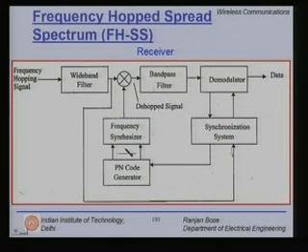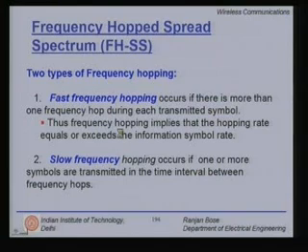If I use a wrong frequency, I will get junk data. So it is important that the hopping sequence be the same, and hence we are getting a processing gain thereby. Now what are the different types of frequency hopped spread spectrum systems? There are basically two classes. One is the fast frequency hopping technique and the other one is the slow hopping technique.